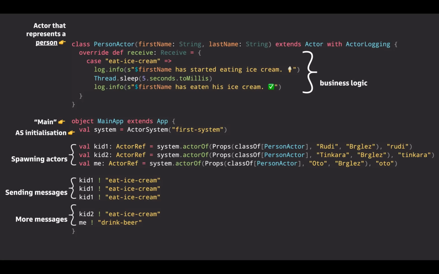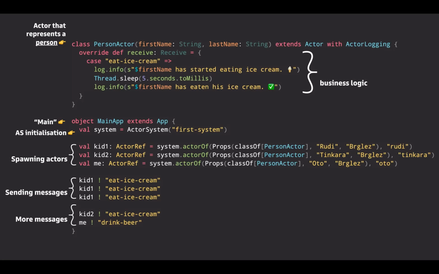Now if an actor does not know how to respond to a message, these messages go into a special mailbox called the dead letters mailbox, and it's a mailbox for messages that could not be delivered, and you'll get warnings if that actually happens. So actors only respond to certain kinds of messages in general.